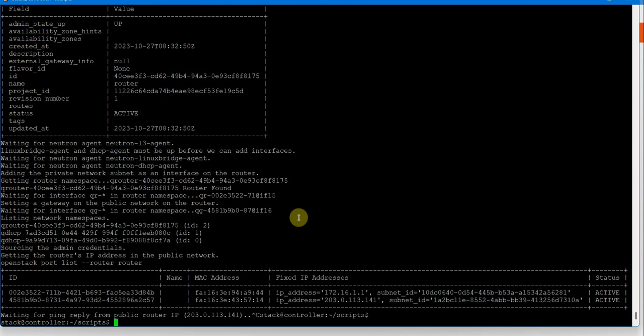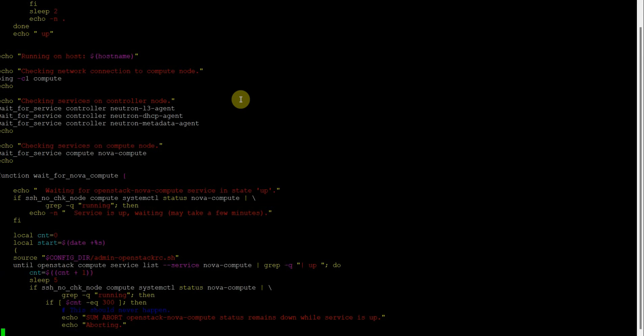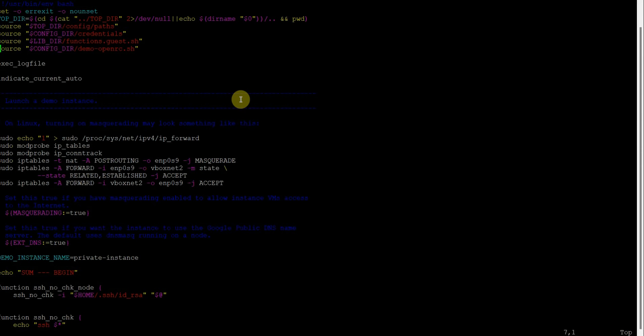Now let's launch an instance. The script for the same we have here. Let me show you the script. This script is to launch an instance. If you see here, it is checking the iptables, ensuring that IP forwarding is enabled, and a NAT post